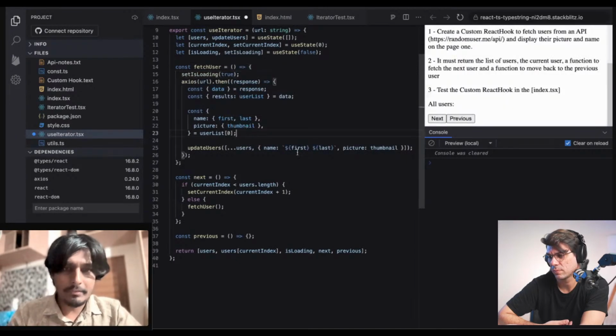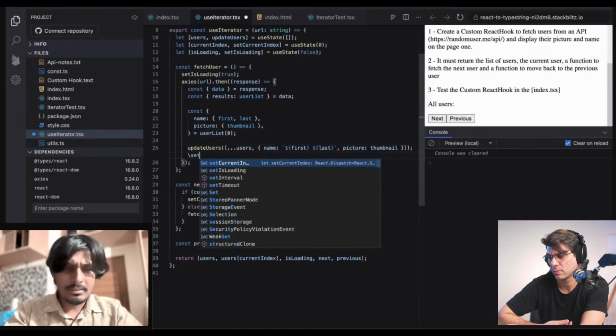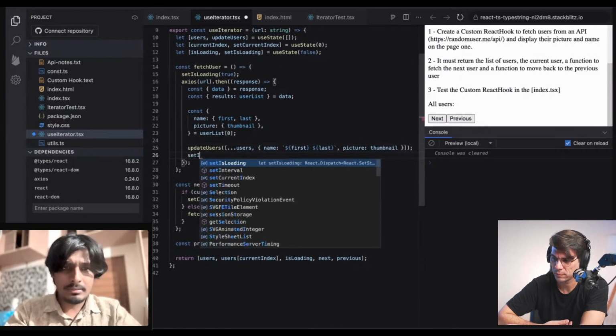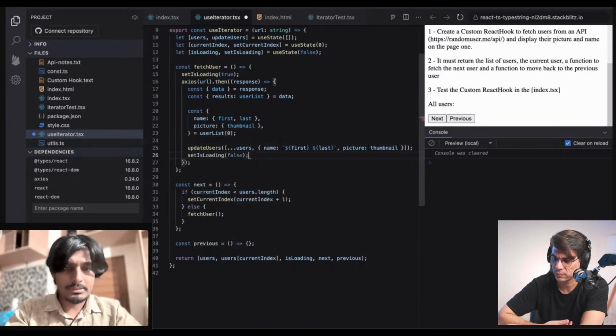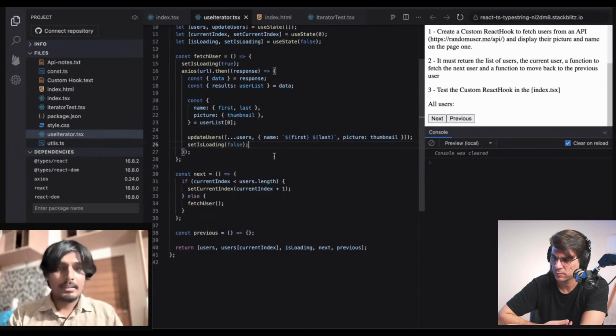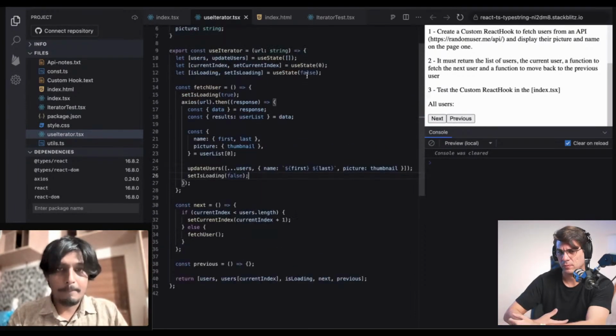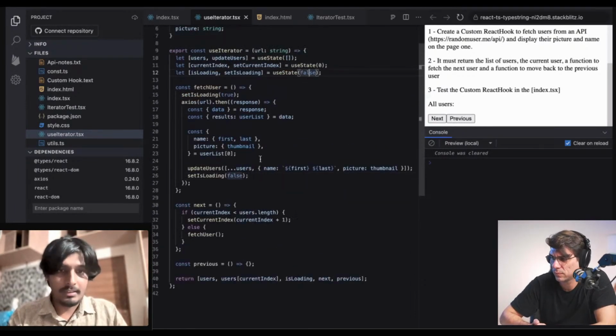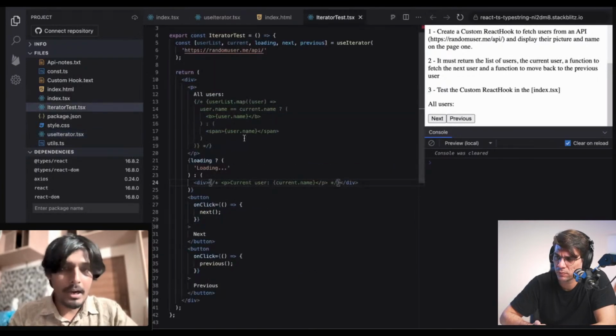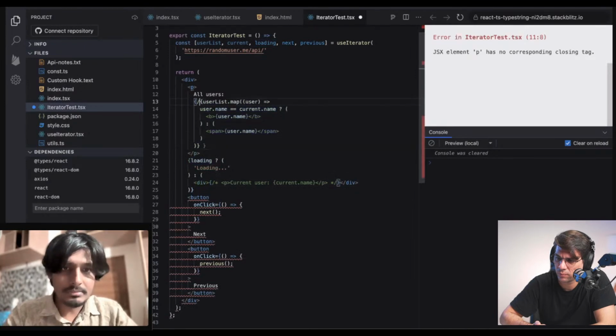And when we are done fetching, okay, let's walk through this. Initially, we are not loading anything. So if we aren't loading anything, we only display our stuff if we are loading something. If not, we don't. The other thing I want to do is